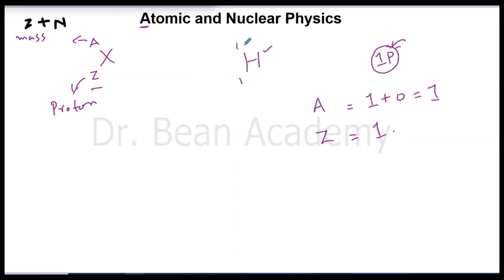The purpose of giving these two numbers is that when you have them, you can always find the number of neutrons in the nucleus. Because there is no neutron in the nucleus of hydrogen atom, they are the same. So if the mass number and Z number are the same, it means there are no neutrons in the nucleus. But when they are different,